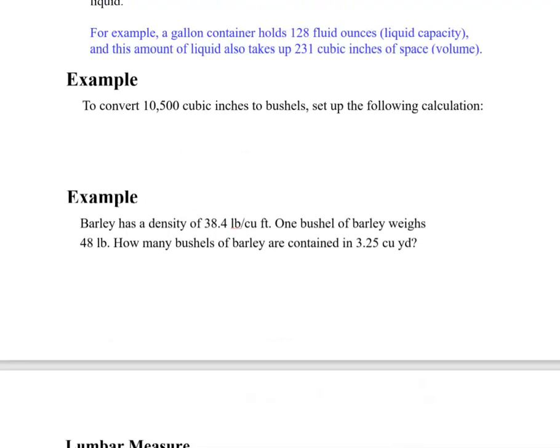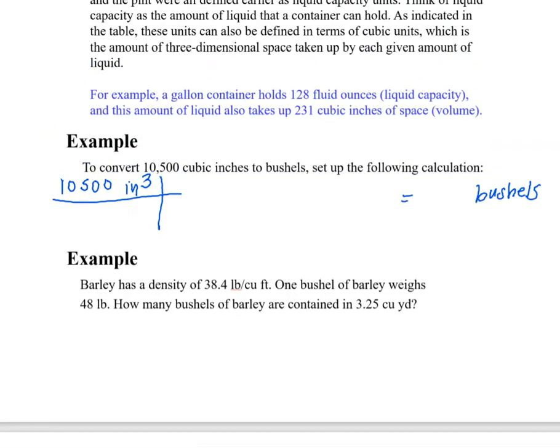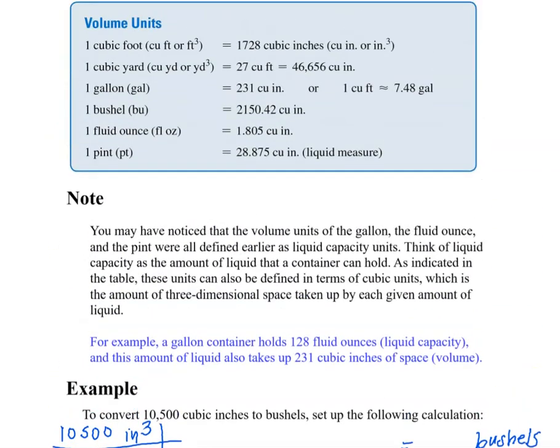To convert 10,500 cubic inches to bushels, set up the following calculation. So we're starting out with 10,500 inches cubed. And we want our final answer to be bushels. So let's go up here and look at our table and see if we can find something that has to do with bushels and inches cubed. So right here,